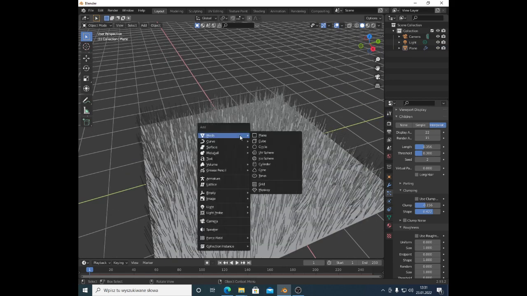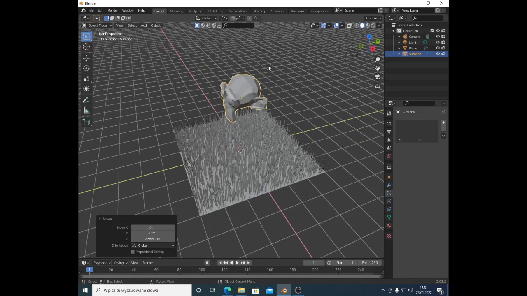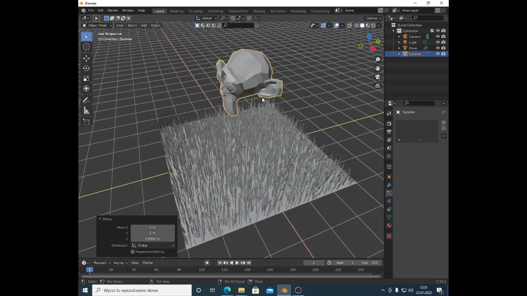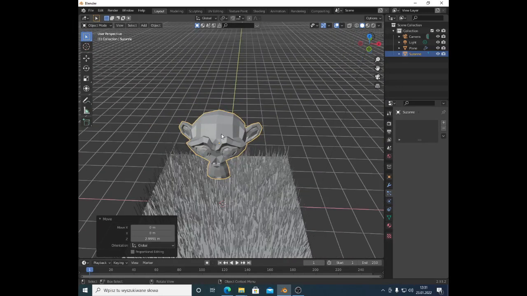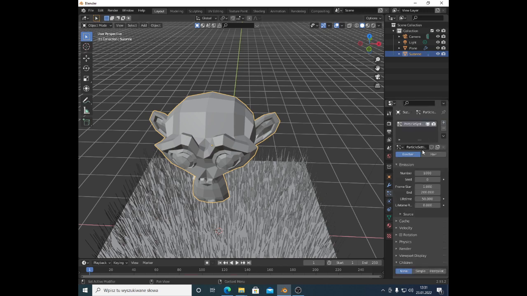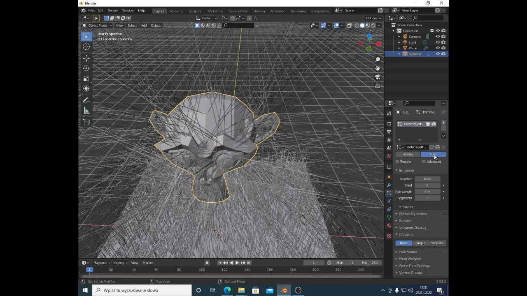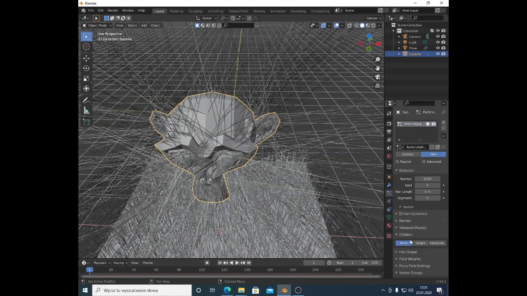So Shift A, if I just choose on the mesh maybe monkey, yes, right here I have the monkey, and G Z to move the monkey up. I have the monkey, as you can see. You can add a particle system based on the vertex group. So I have this monkey. I'm gonna go to the particle system and click plus, and I'm gonna just click right here hair, and this is a mess, as you can see. I have the children none, whatever. I'm gonna just adjust the hair length,